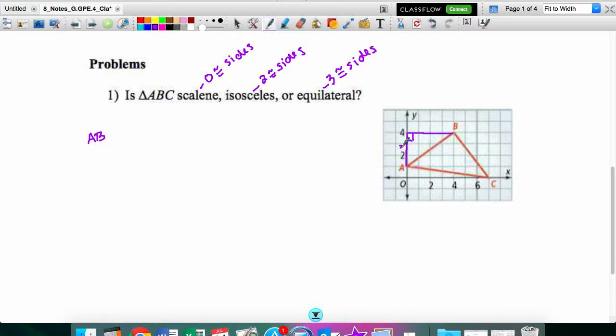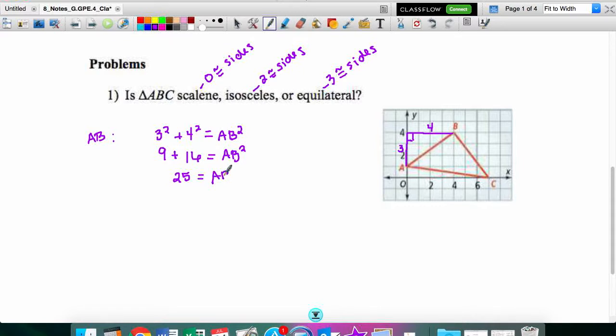Since this side is vertical, I can count the number of blocks and find that the length is 3. The horizontal side is a length of 4. And the diagonal is our unknown. We can label that as anything we want or just keep it as AB. So, what I know is that the side squared plus the side squared will be equal to the hypotenuse squared, so AB squared. Let's go ahead and calculate this. 3 squared is 9, 4 squared is 16, and AB is still our unknown, so we'll leave it as AB squared. 9 plus 16 gives us 25,